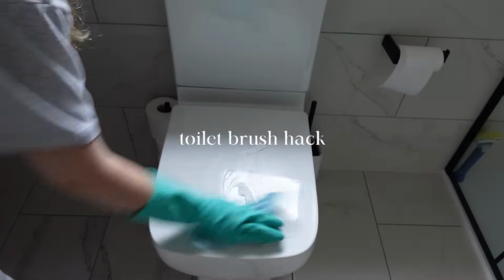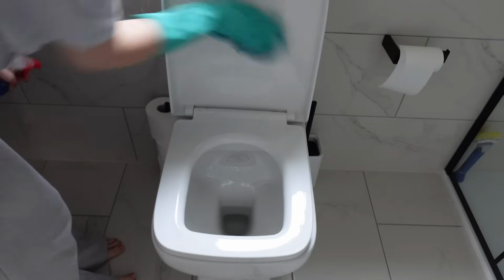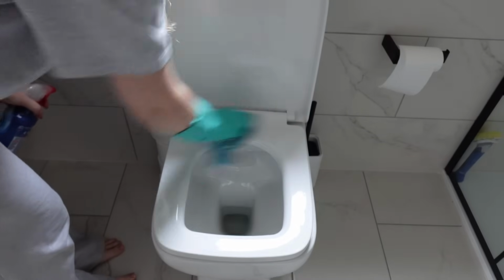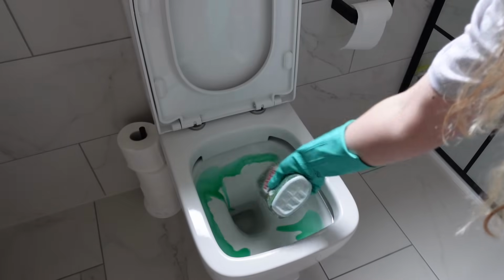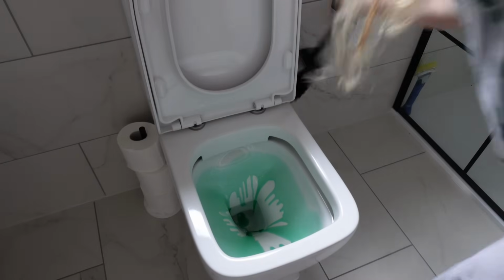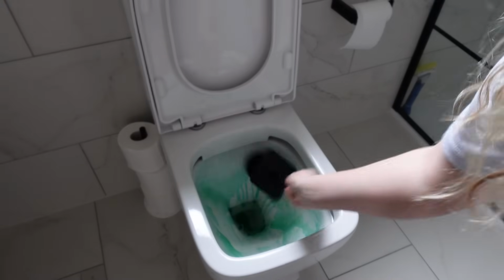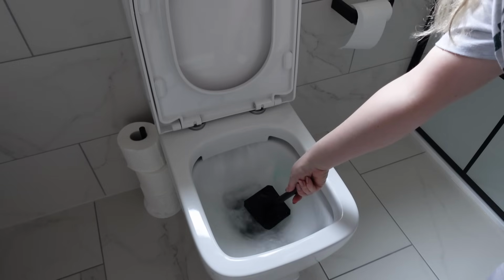This is something that I do every single time I clean my toilet, and I always get asked about it in my videos. So I'm just going to clean my toilet as normal, nothing special going on here. But after I've finished cleaning my toilet, I always put my toilet brush rested on the side so it can dry. This stops moisture from gathering in the toilet brush holder if you don't put it back in until it is dry. And there's also an extra little tip,